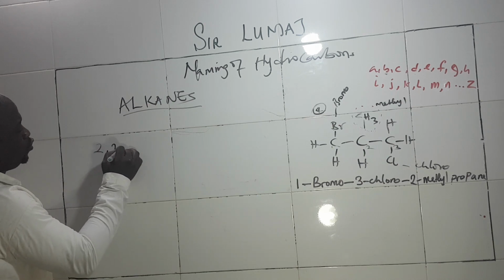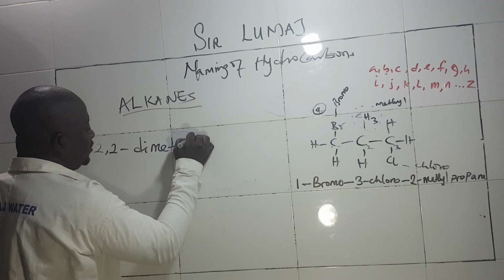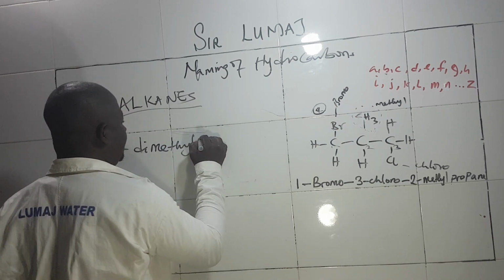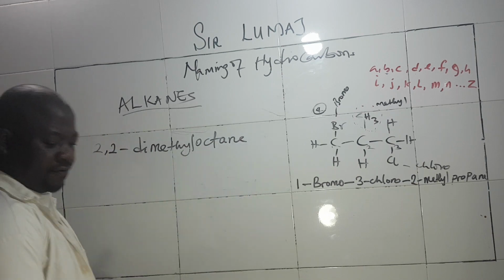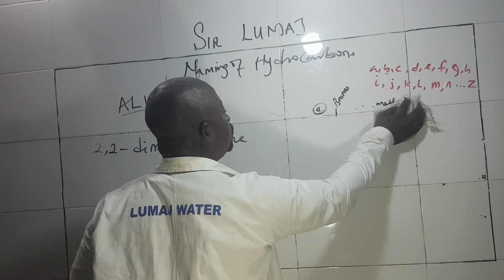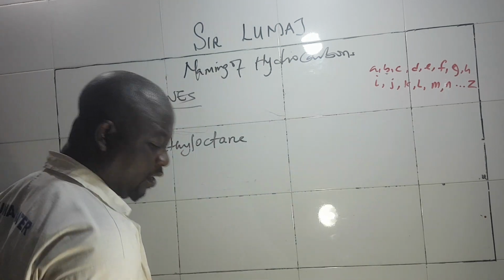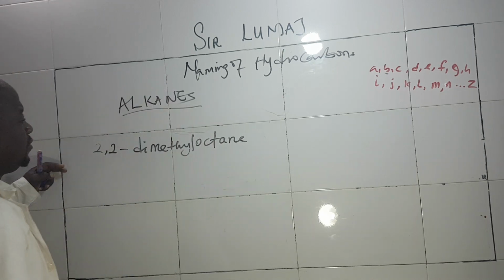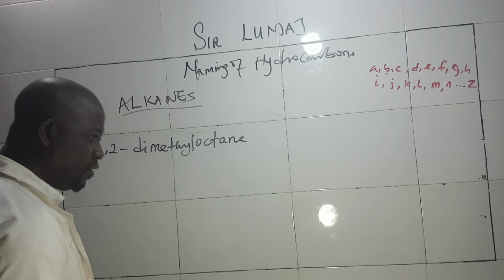2, 2 dimethyl octane. Yeah, solve that before I solve it. Try it. 2, 2 dimethyl octane. When you are given a problem like this to solve, I told you when I was talking